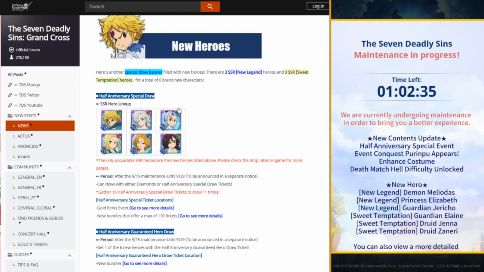I completely understand. I was really hoping it was going to be an Easton banner because I really want Easton to come out. I think she's going to be super nice for utility as far as world boss teams go and stuff like that. But this is what we got. So yeah, it's a hard call. It's really completely up to you. Obviously, they're your gems, but this is the